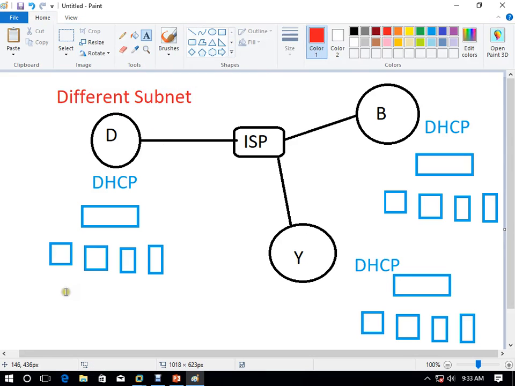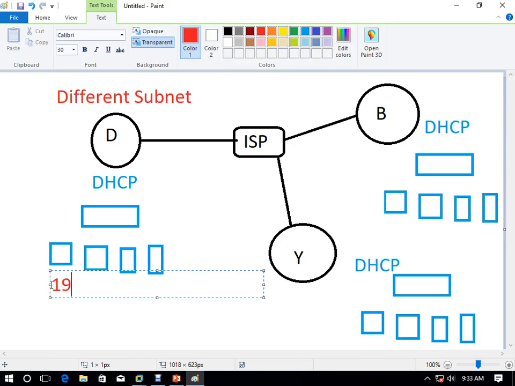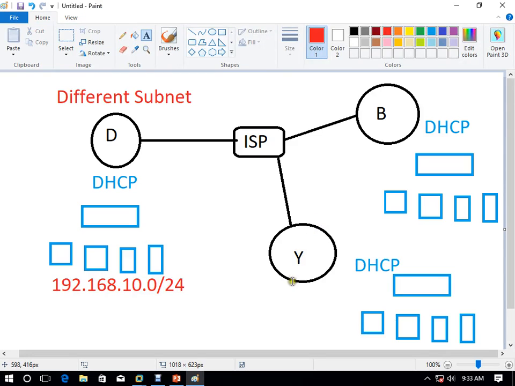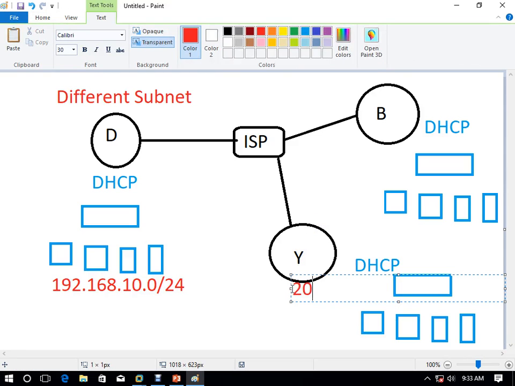Maybe here I am using 192.168.10.0/24, maybe here I'm using 192.168.20.0/24, and here I'm using 192.168.30.0/24, like this.